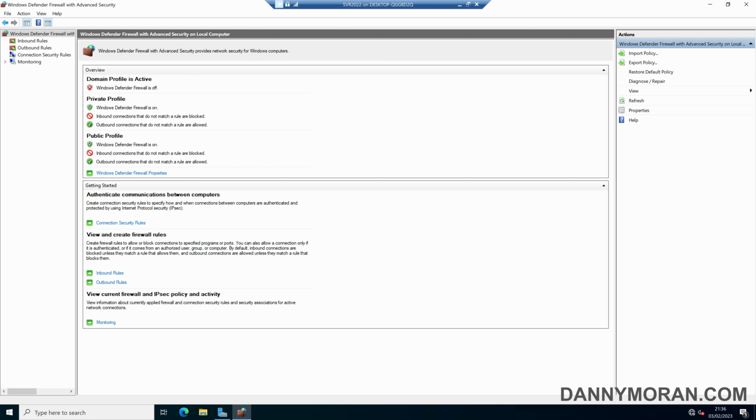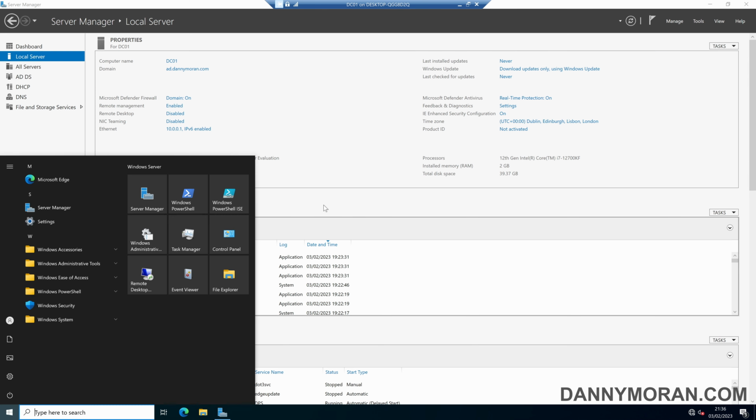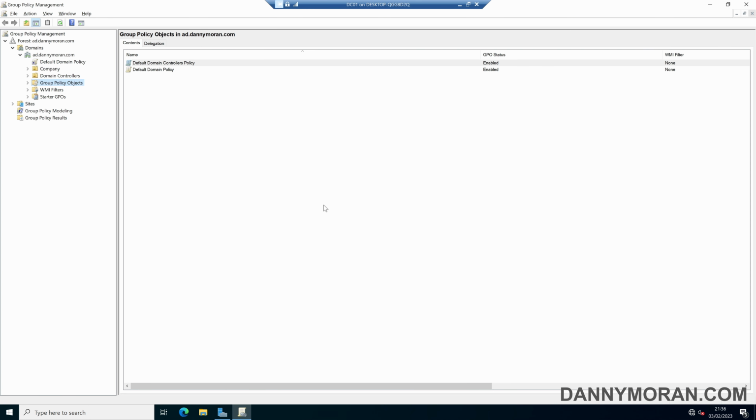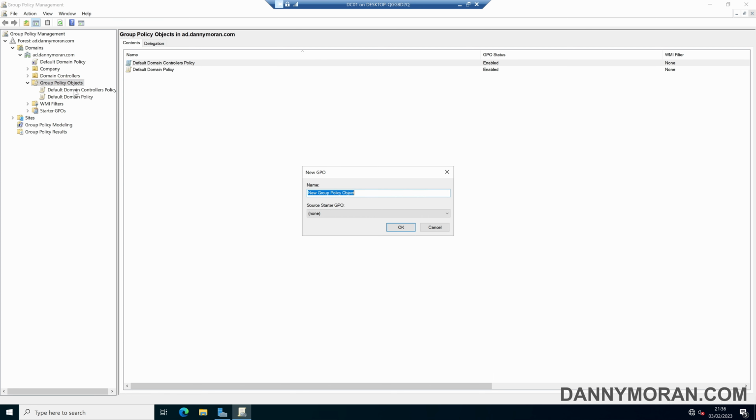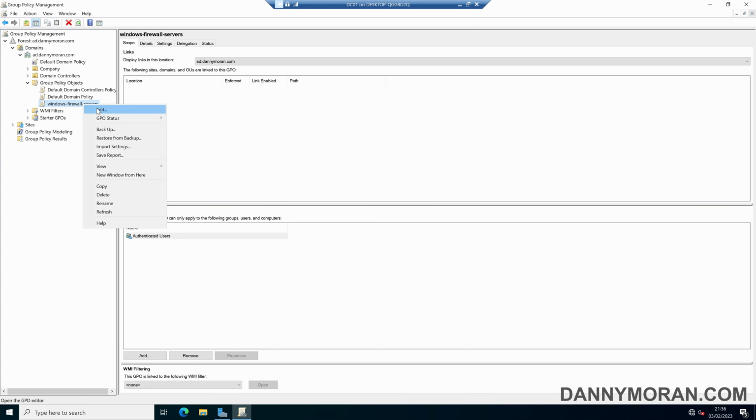So if I move over to my domain controller and then open up group policy management, then under group policy objects we can create a new object and just call this Windows Firewall Service. You can call yours whatever you want. And then if we right click and go to edit,